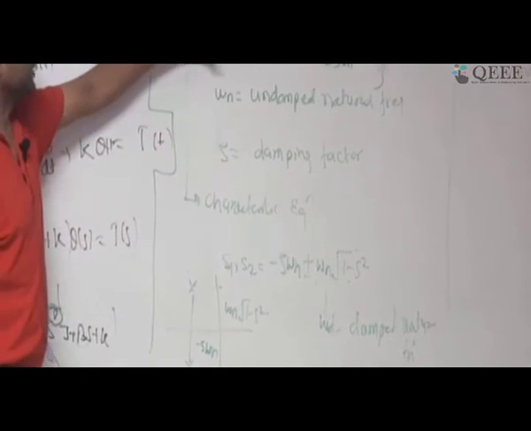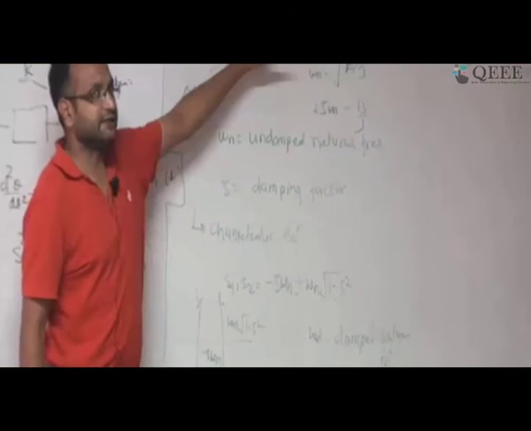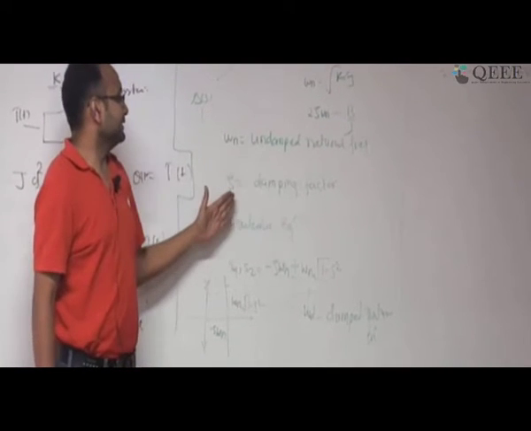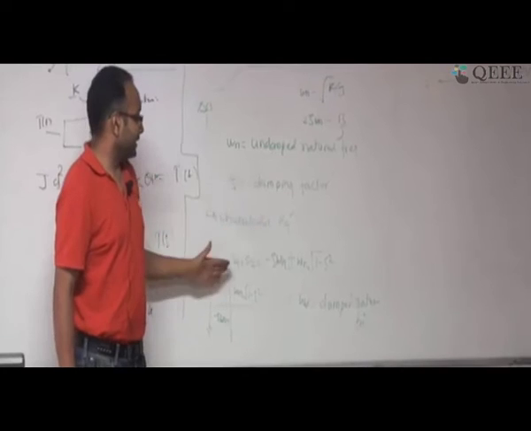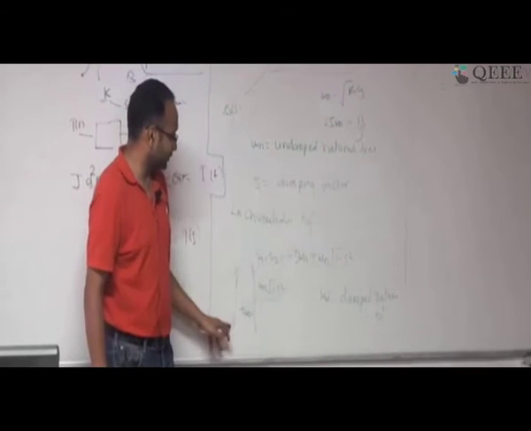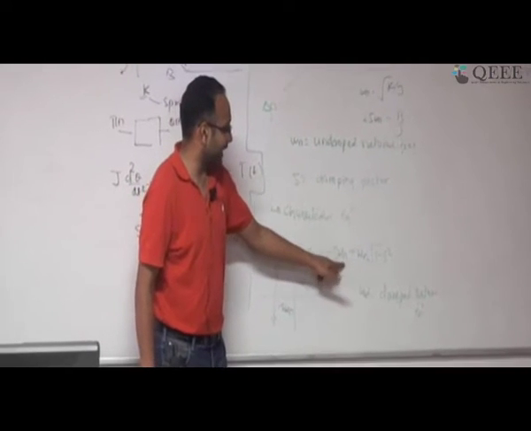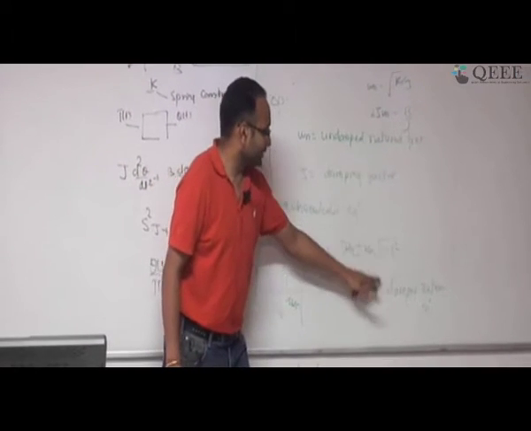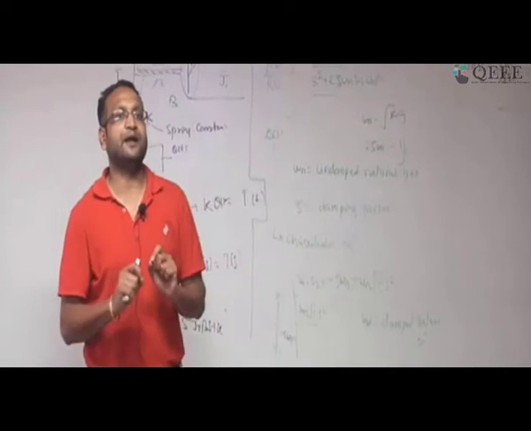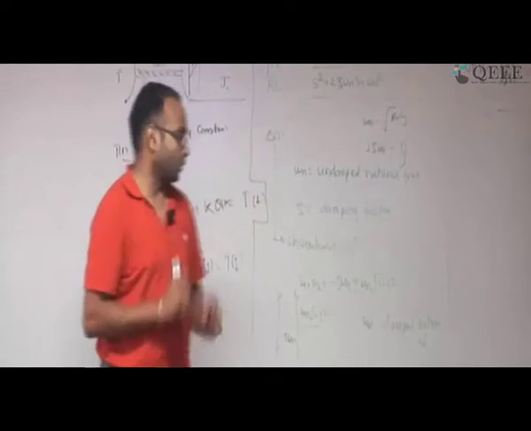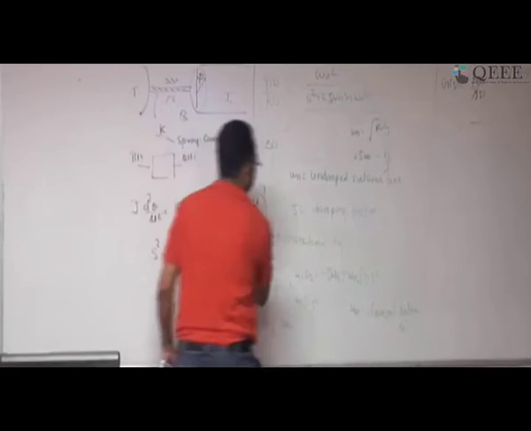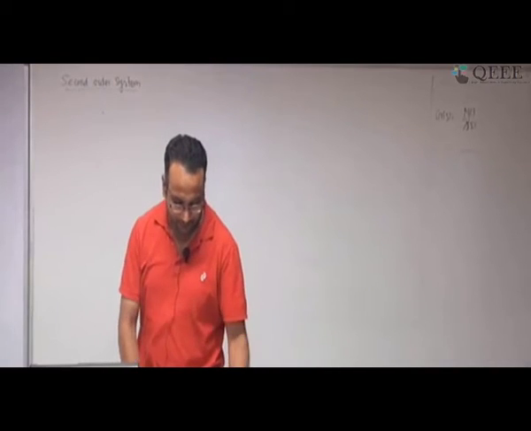I took a Laplace transform, and after the Laplace transform I wrote it in a standard form and defined some terms. Omega n is the undamped natural frequency, zeta is the damping factor, and the roots we can solve are going to be two terms. Look at this conjugate location: the real part is zeta omega n and the imaginary part is this term. This we call the damped natural frequency. I will explain why I am calling it the damped natural frequency and undamped natural frequency in a short while.